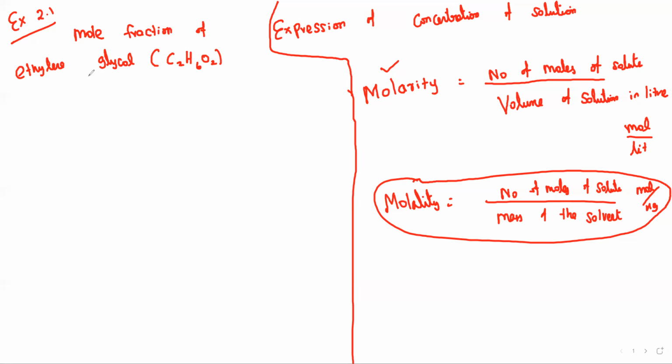If this is a famous name, so ethylene glycol is the famous name, this compound we will be studying in our 12th chapter, the alcohol, phenol, ether chapter. So for that they gave the molecular formula: carbon 2 times, hydrogen 6 times, oxygen 2 times. So, the mole fraction of ethylene glycol